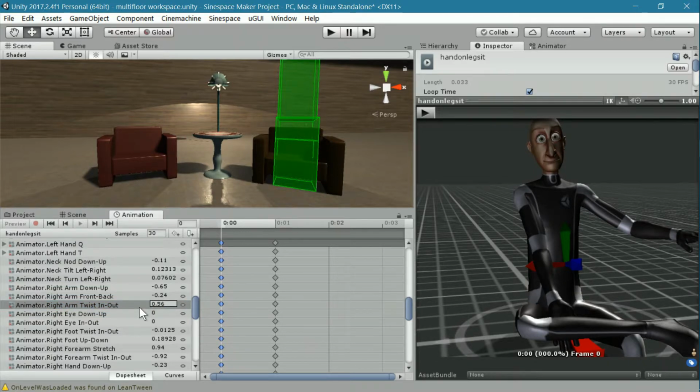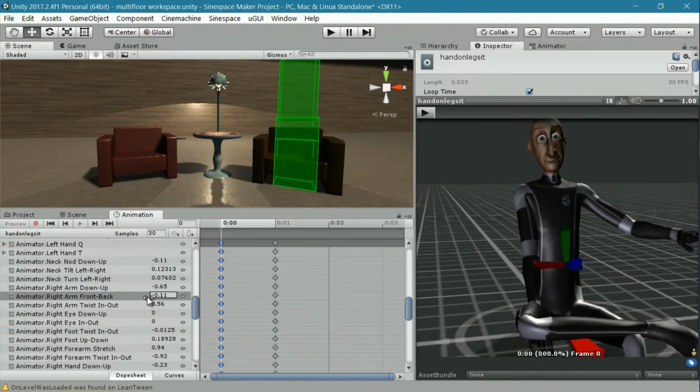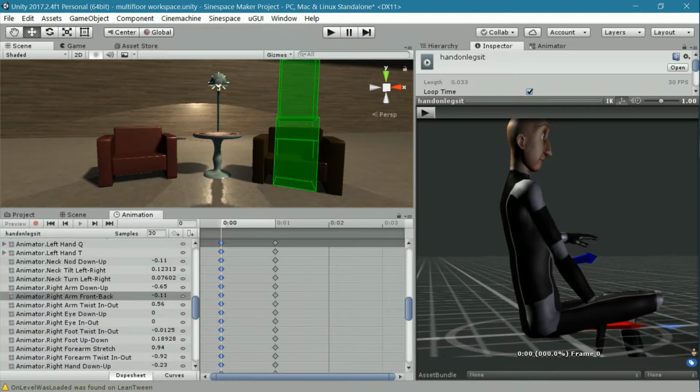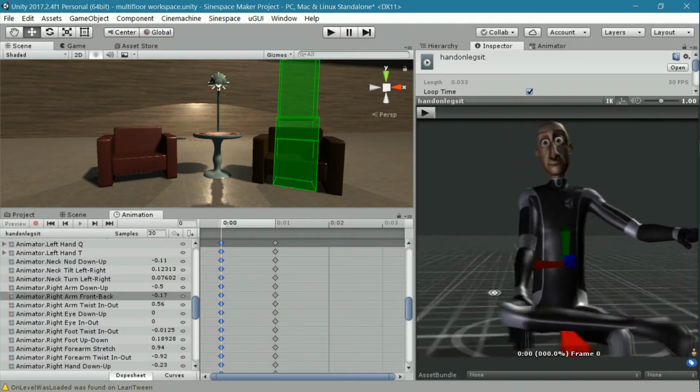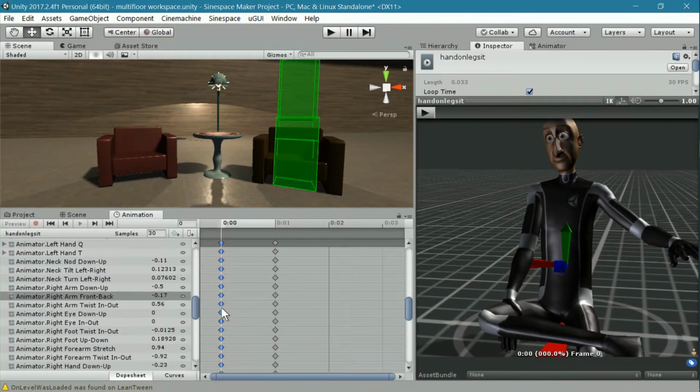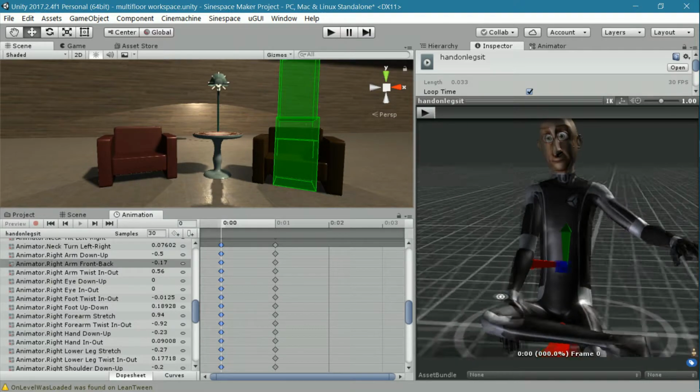That looks good. And I think we need to bring front back. Other way. There. Let's see that. Now I think we might have to bring it up a little bit. This is normal. It is very normal to have to do this back and forth and back and forth. Now there's a lot of tools out there that will help you do animations, but if you can't afford any of them and you're willing to take some time and just get used to this, you'll find that you can actually get rather